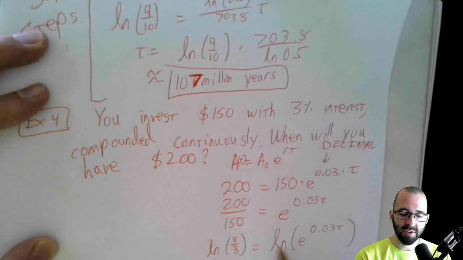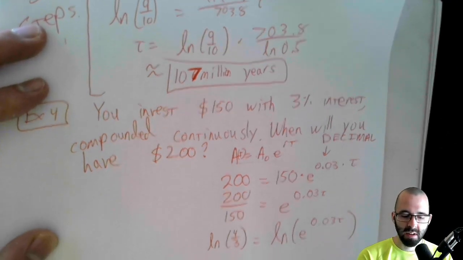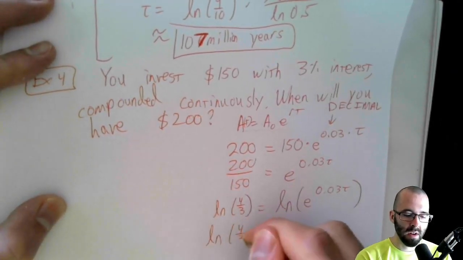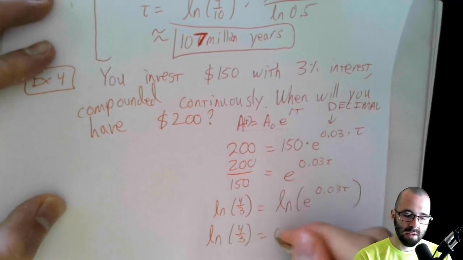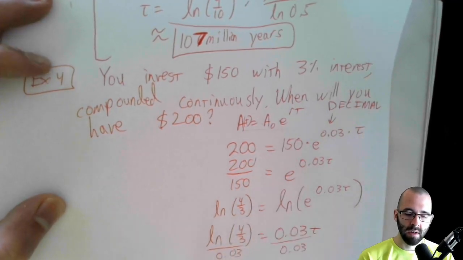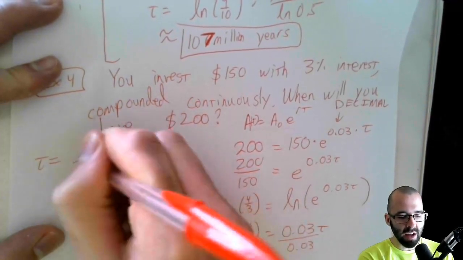And again, these are inverse functions. They cancel each other out. We're just going to be left with that exponent. We're almost done. We get the natural log of 4/3 equals 0.03t. If we divide both sides by 0.03, we'll be good to go. And you get that t is equal to the natural log of 4/3 divided by 0.03,